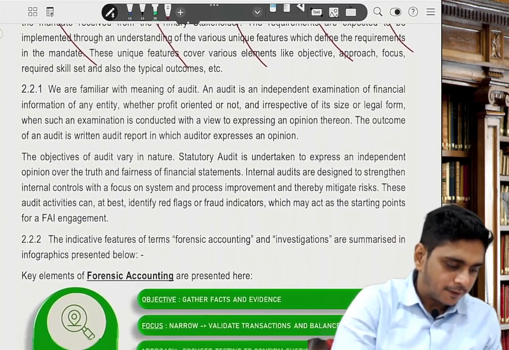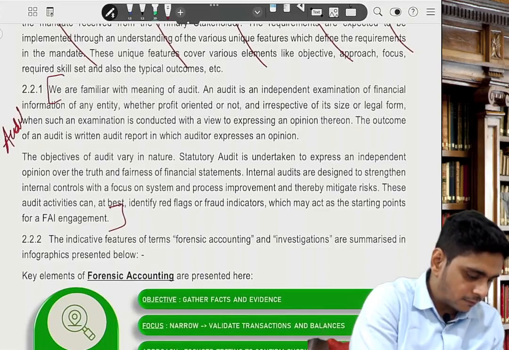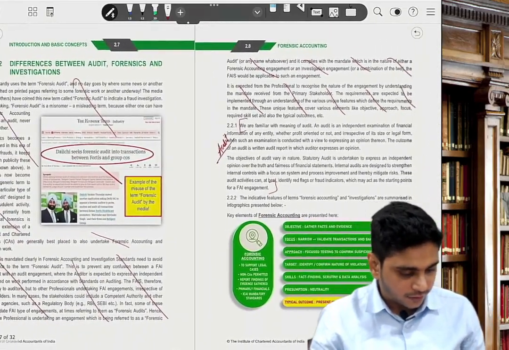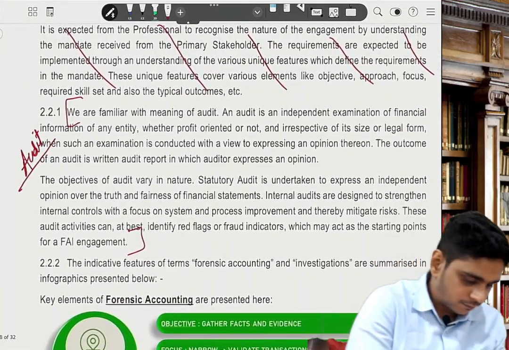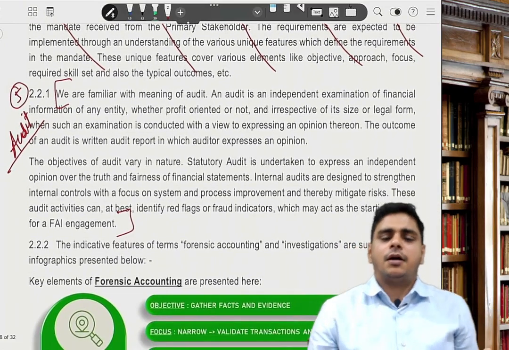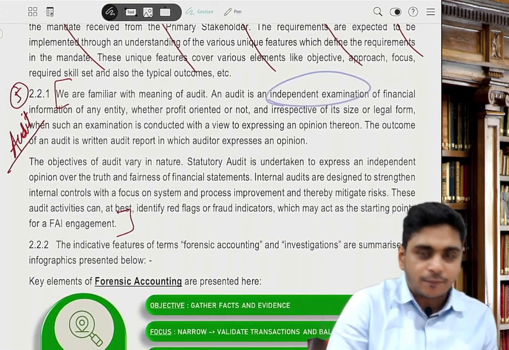Now see, we talk from here. First it is audit, so write here audit. So this becomes your fifth answer. This talks about audit. Sir, what is audit? Audit is an independent examination